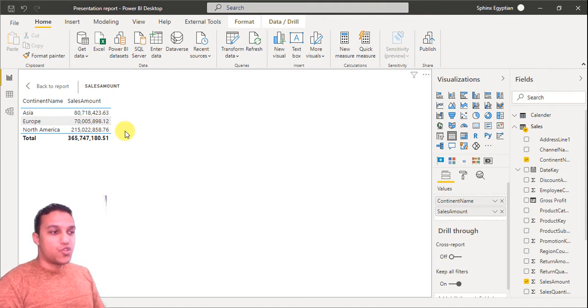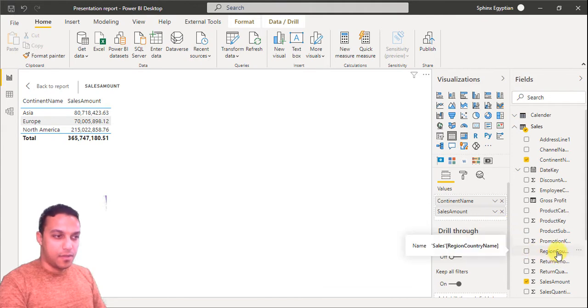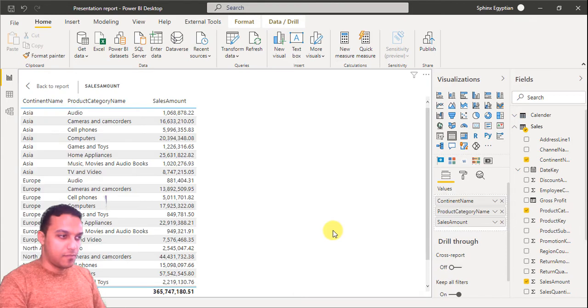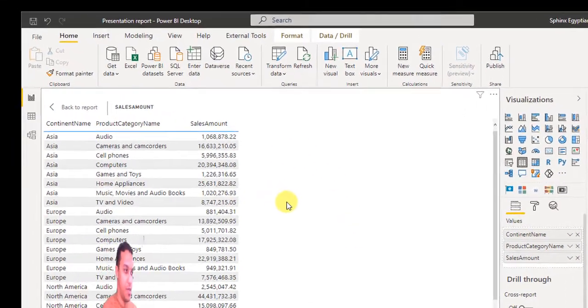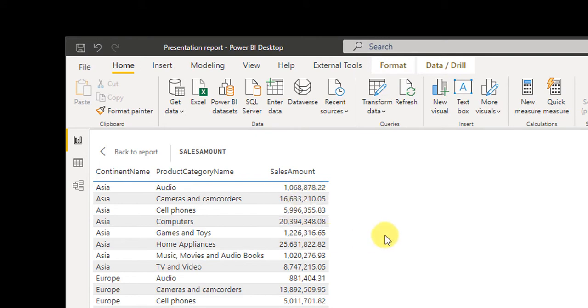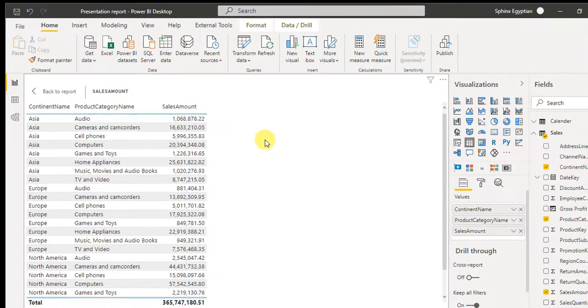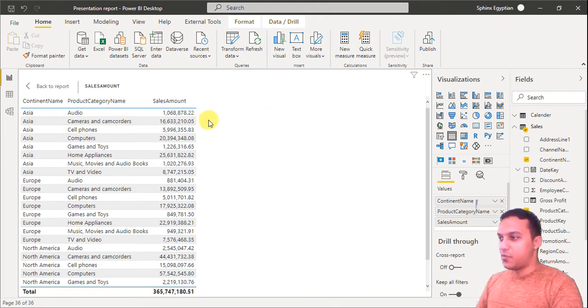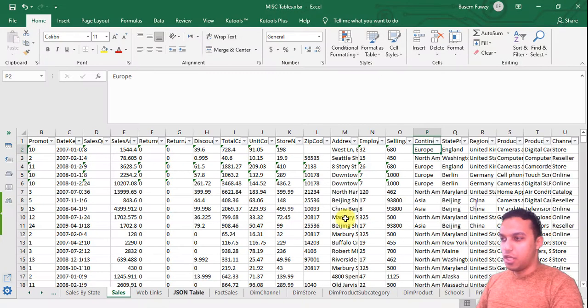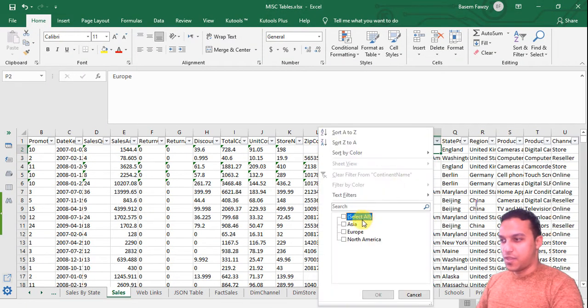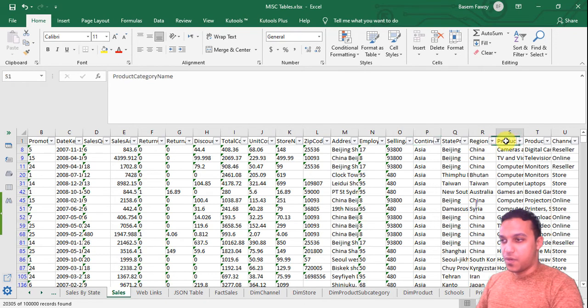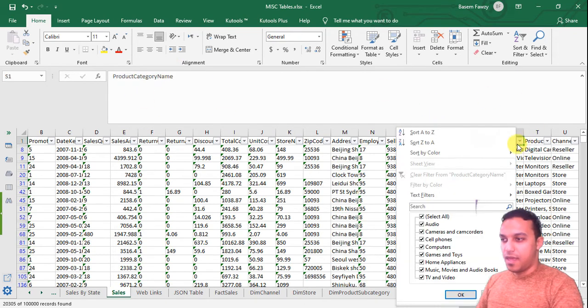Now let's add another column and watch what happens. So for example, let's add the product category column to this table. Now it would return a different value for each single row based on the filter context applied. So for that first row that shows the continent as Asia and the product category as audio, it would go to the continent column and filter the table only for rows where it says Asia. Then it would go to the product category column and filter for only rows that say